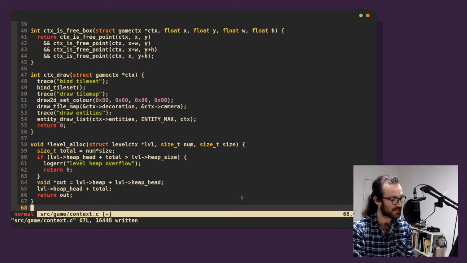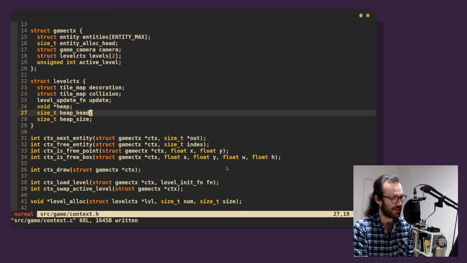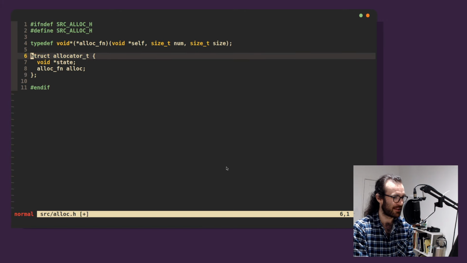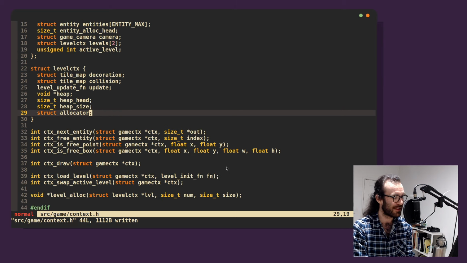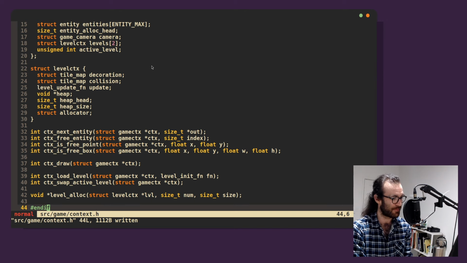Cool. Okay. So this is how we allocate stuff within a level. Excellent. Now, the other funny thing is we probably want to have an allocator in here. And I'm going to rename my allocator to not be allocator underscore t because that's a silly name. I don't like it. I was only messing around with that. So we're going to have an allocator in here. And the funniest thing about this is this allocator's state is going to point to the overall level context. That's how we're going to do this. Cool. Okay, and then we call level alloc